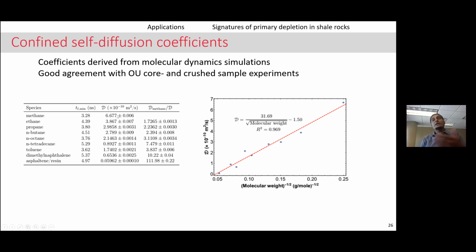And so now you can take this diffusion coefficient, it's on the order of 10 to the negative 10 meters squared per second. You can take these diffusion coefficients and you can input them into a reservoir simulator, irrespective of which reservoir simulator you're going to be using. Each and every reservoir simulator out there does accommodate diffusion. So you can actually model the diffusion of different species in these extremely tight pore spaces. And of course, this is not just a modeling construct. We verified these things experimentally as well.